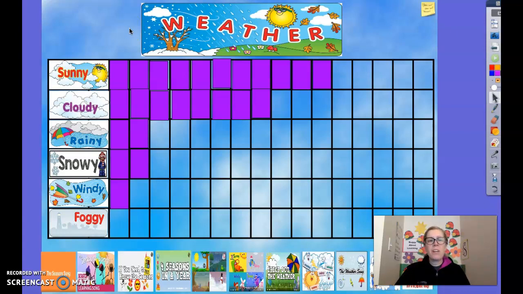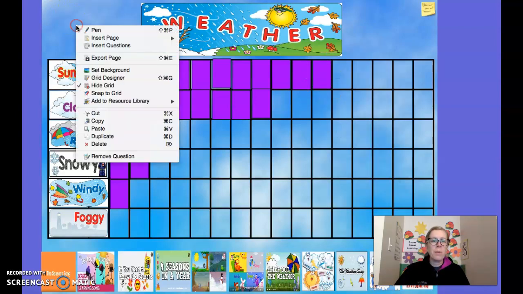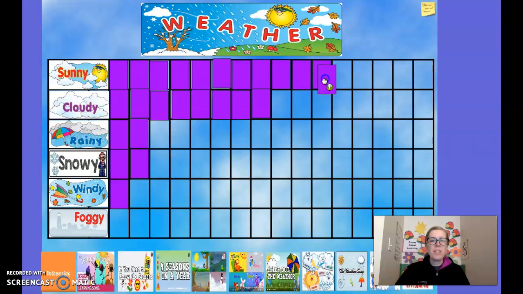All right, this morning I woke up and I saw a lot of rain happening outside. And you know what I just noticed? I have to copy this and put one over here because I must have dragged it without thinking about where it needed to go. So I'm going to just copy and put a rainy over here, and I'll move this one out of the way when I'm done with our morning meeting. So we've had 3 rainy days,